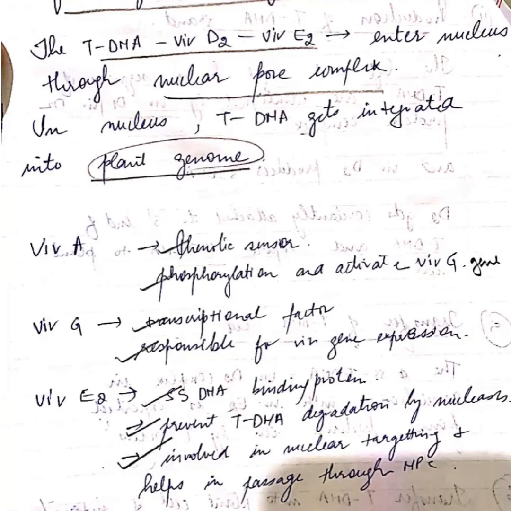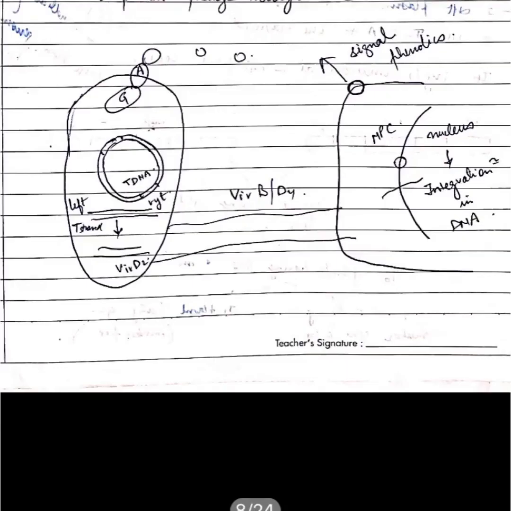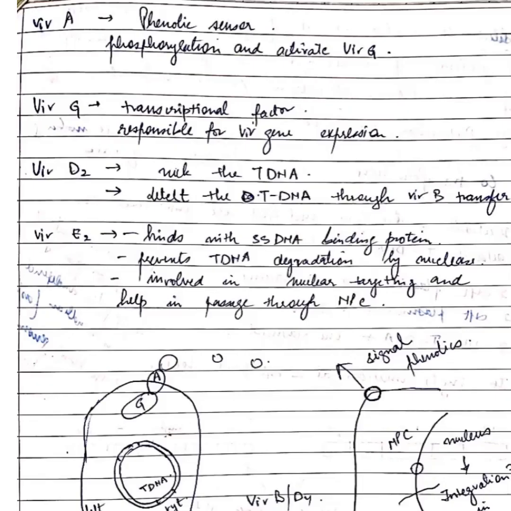So you can just use my notes, and for understanding I have explained through the diagram as well. And do draw the diagram. This question is a must and it surely comes in exams, so do not leave this part. I hope you're clear with the mechanism of Agrobacterium gene transfer.